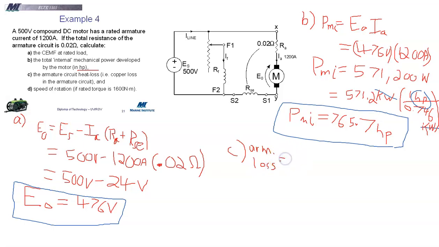And so again, because we just got the one resistor value that represents all of it, it's an armature circuit loss, so it's IA squared, and because it's a compound motor, RA plus RSE if we want to call it that. And so again, when we only got that one value, we may as well just call it RA, I suppose. But all right, RA plus RSE, and we got the 1200 squared, which is a big value, right? So 1200 amps,